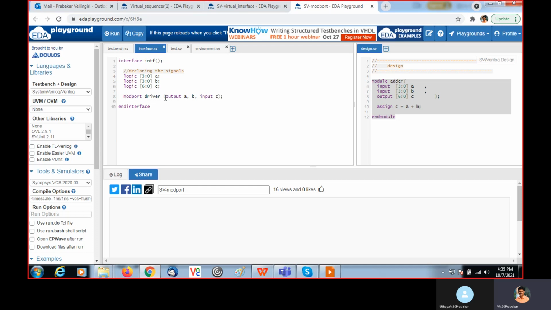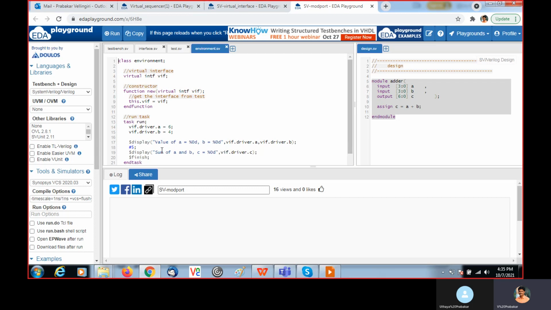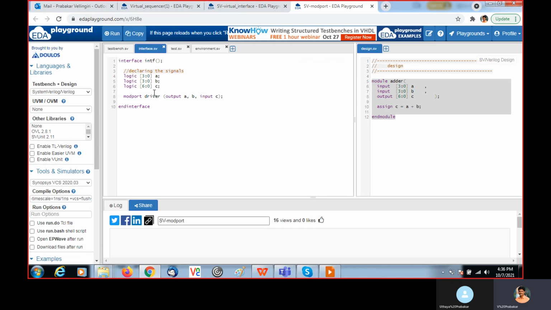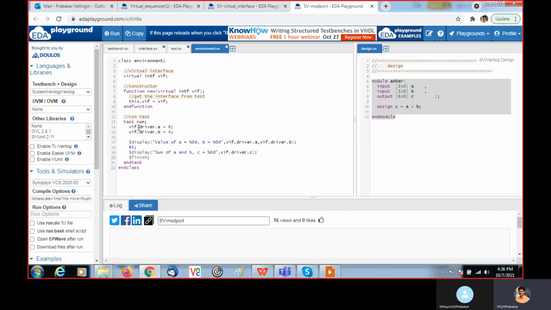Modport driver: outputs are A, B, and input is C. Then all are the same. When you use the modport in the interface to access the signals A, B, C, you should use that modport name.